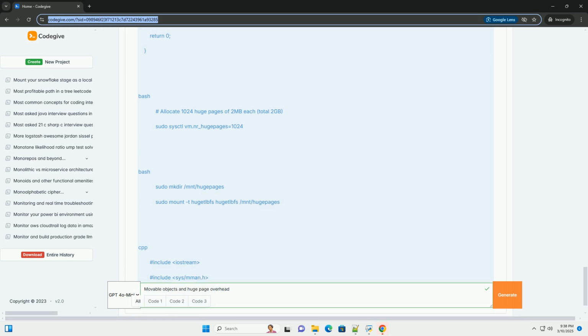Example: vector of movable objects in huge pages. This example demonstrates how to create a std::vector of LargeObject, with move semantics, within a huge page region using the POSIX API and mmap. Explanation: 1. Huge page allocation: the first part of the code allocates a huge page using the mmap approach described earlier. 2. Placement new: std::vector<LargeObject>* vec = new (address) std::vector<LargeObject>